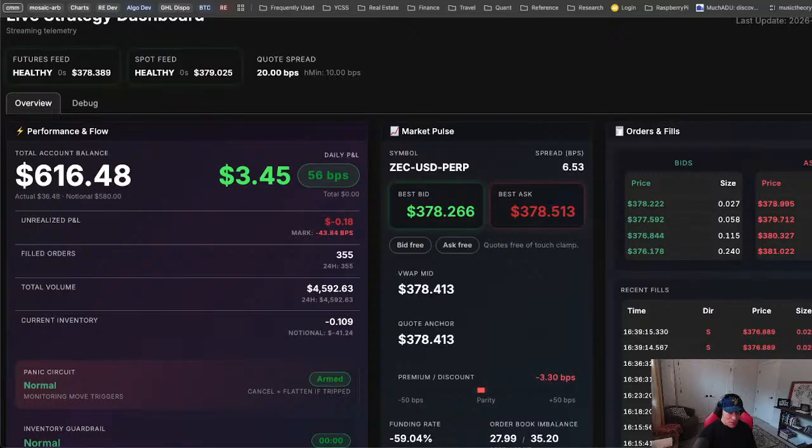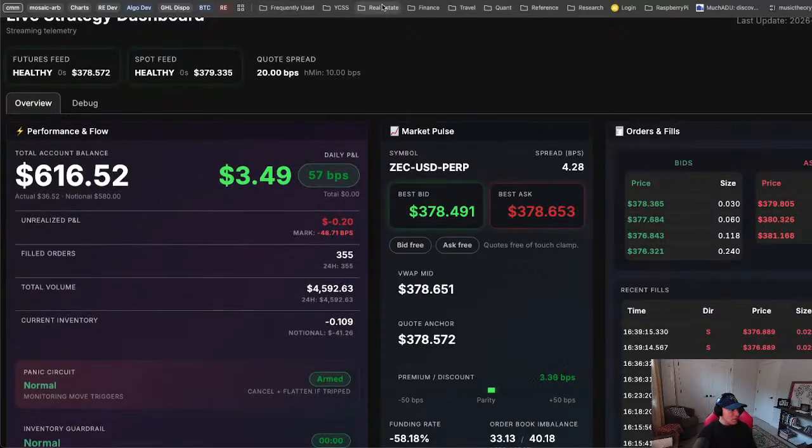I do have another version of the toxicity filter in the works that I'm going to be taking a look at, with more parameters, some more microstructure type stuff, and what's going on in the order book in order to try to decide how I want to quote this. And then I'll go ahead and deploy that, and we'll see how it does. And if it has an improvement, great. If not, I can always roll it back and go to the previous version and just continue making some iterations here. And then also I might try to take a look at some other assets